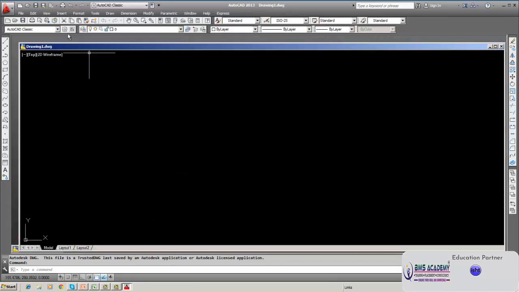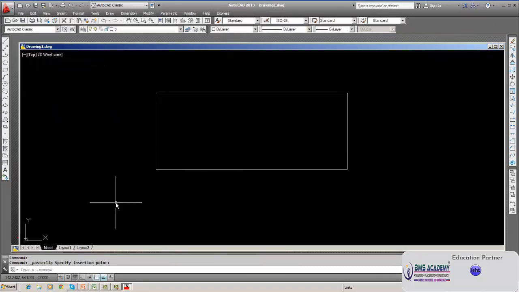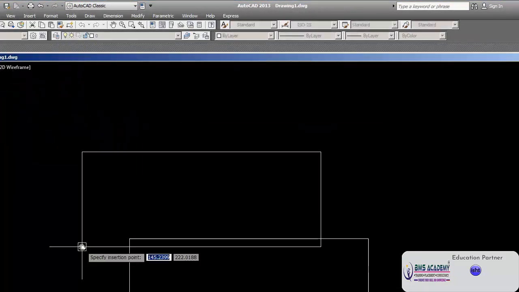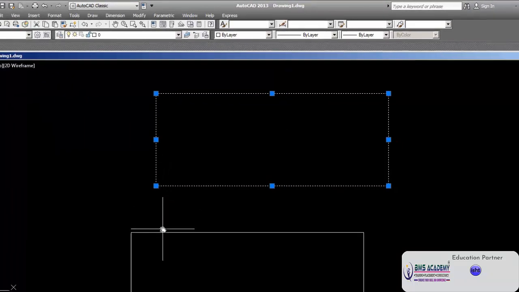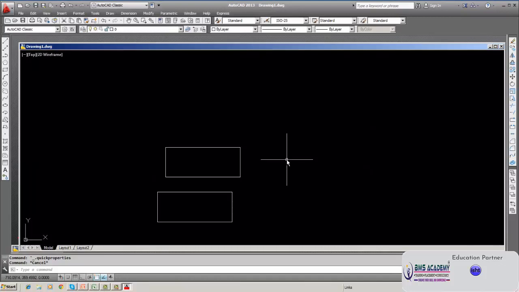Then you come to drawing 1. Here you can use paste. See, it has been pasted as a drawing. Okay. And also you can paste as a block. So it is one complete entity. Of course, here this is also shown as one entity because I have drawn a polygon, but I will draw